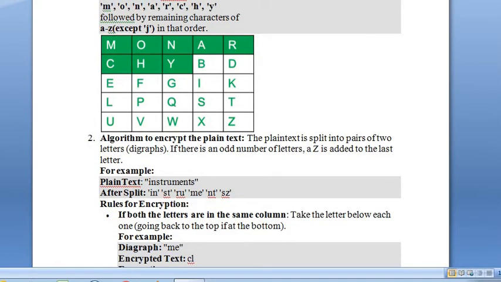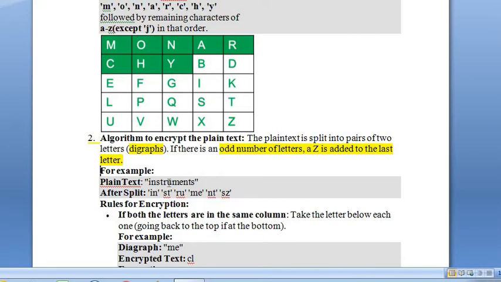After getting the plain text from the user, we split it into two-letter strings. That is termed digraphs. If the plain text has an odd number of letters, then to make it even, we can add Z at the end of the text. That is the rule.